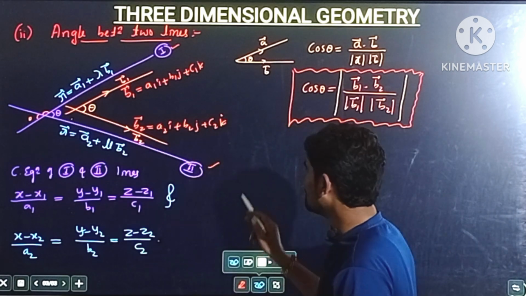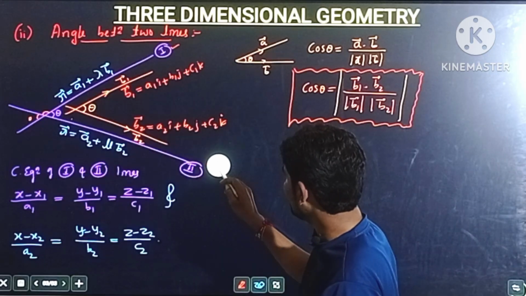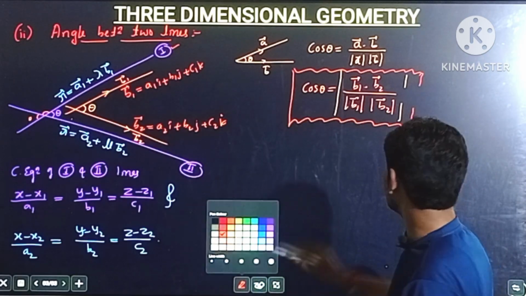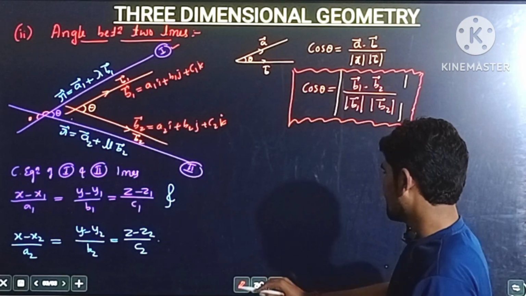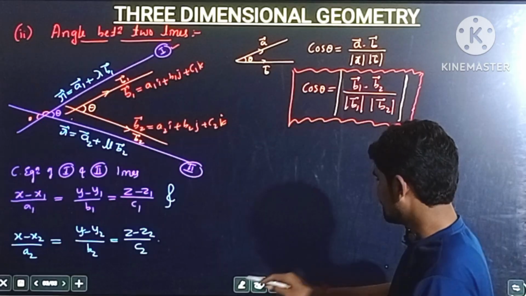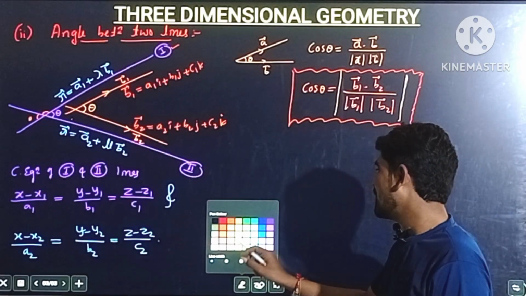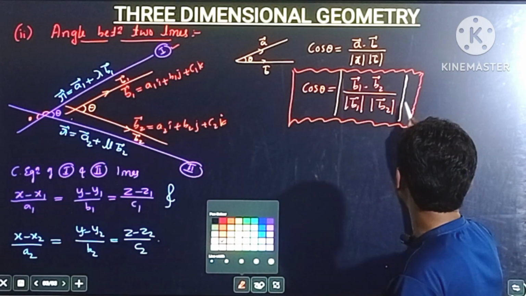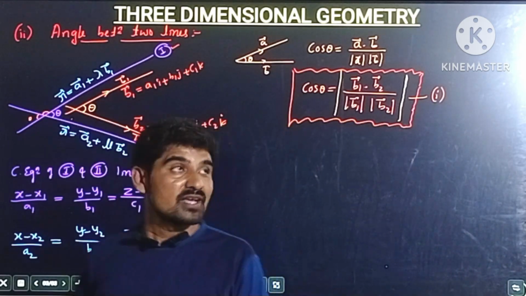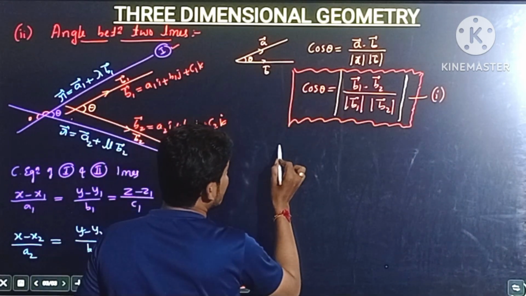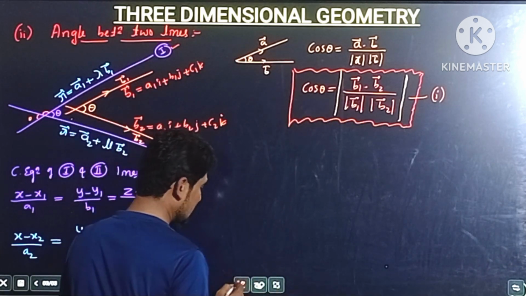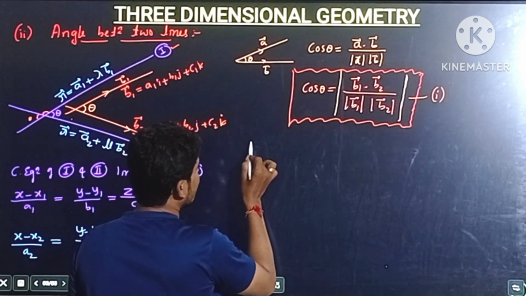Now just substitute these two vectors, b1 vector and b2 vector, in the formula for the angle between two vectors, that is cos theta. So cos theta is equal to